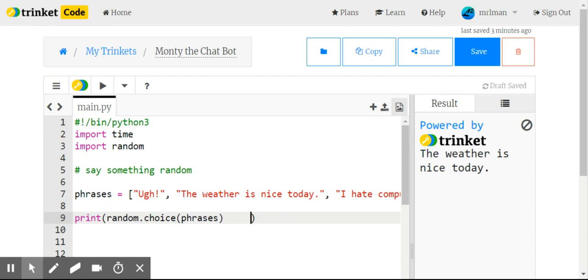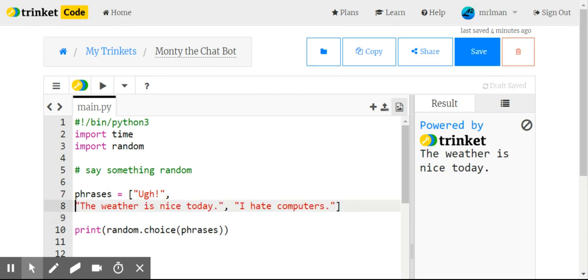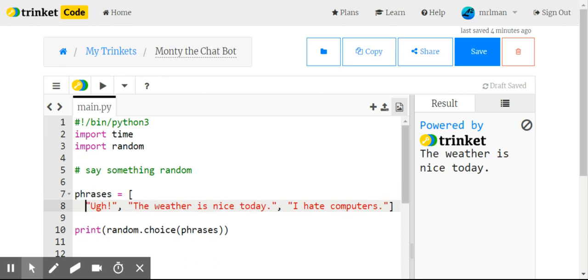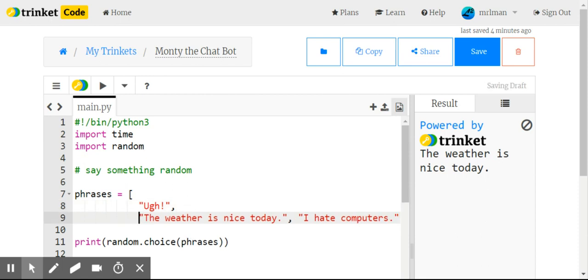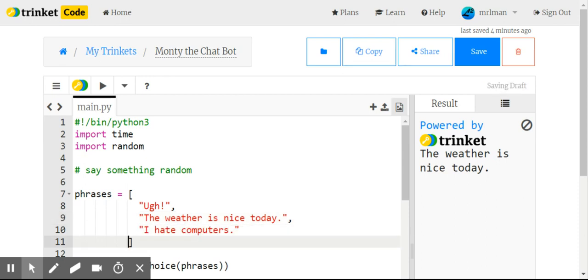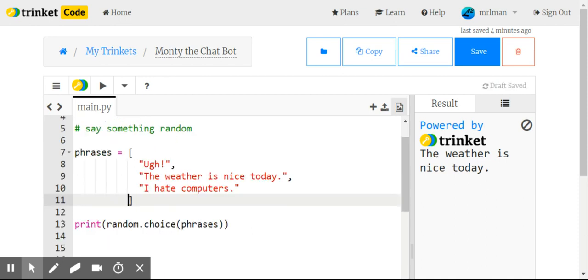If you want to make a really long list of stuff to make your chatbot really unpredictable, I suggest you do something like this. It's still working. Okay, so I suggest you set it up like this.